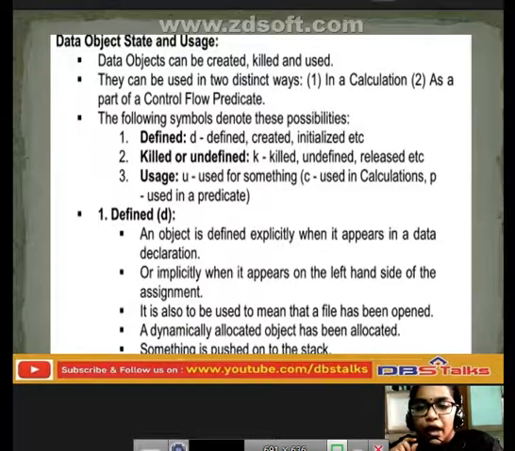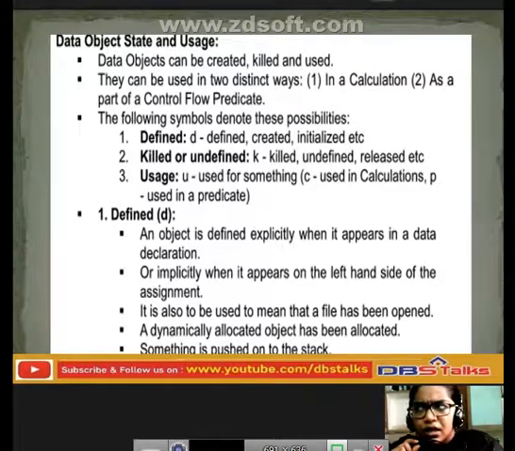It is also used to mean that the file has been opened; if the file has been opened, it is automatically used to mean that.